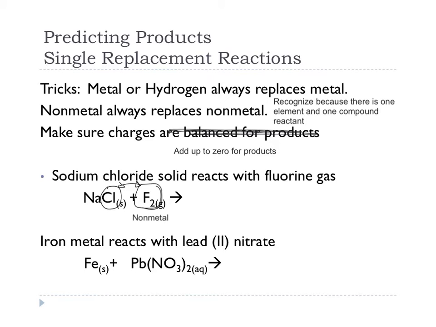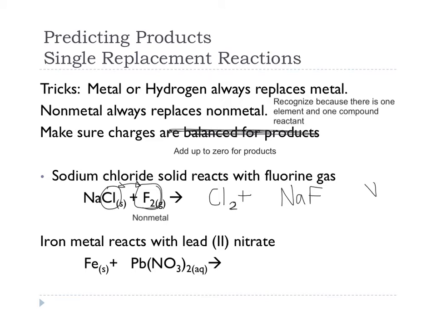So when we get the products, chlorine is going to be by itself, and sodium and fluorine are going to be grouped together. Once you've figured out the pairings, then we need to check the formulas of both products. Chlorine as an element is one of our diatomics, so it's not going to be Cl, it's going to be Cl2. For the other product, sodium fluoride, off to the side, I've got to check that the charges add up